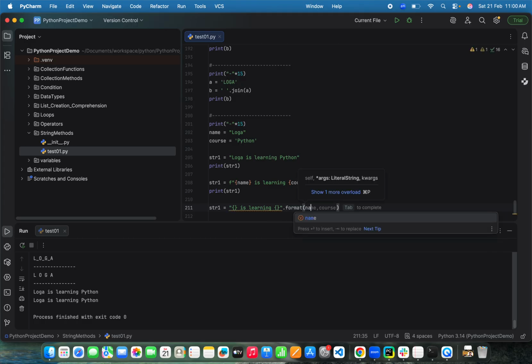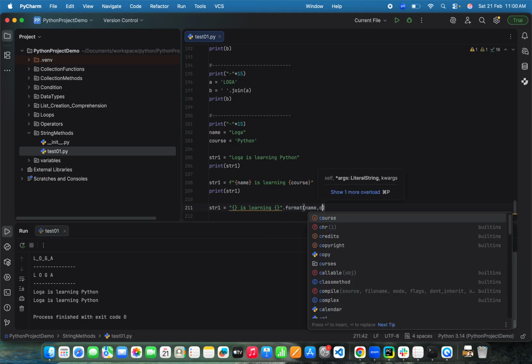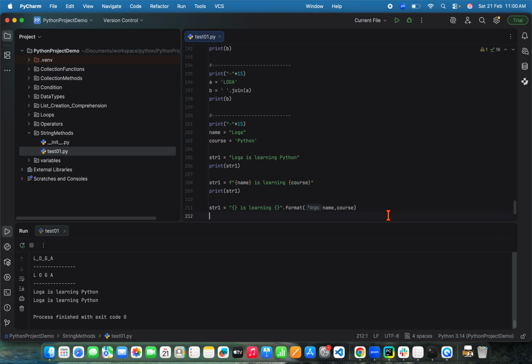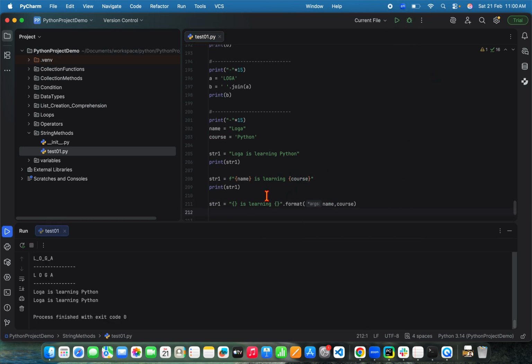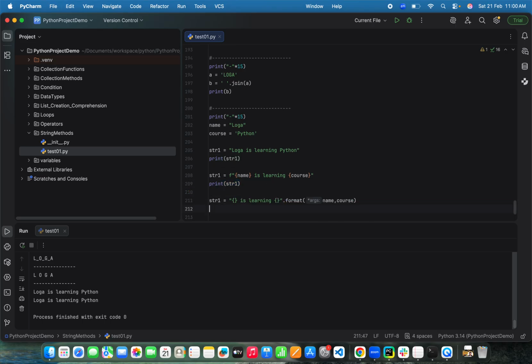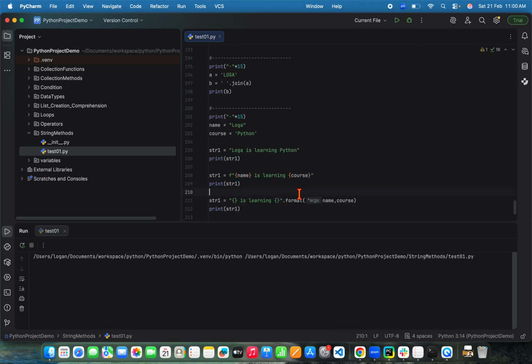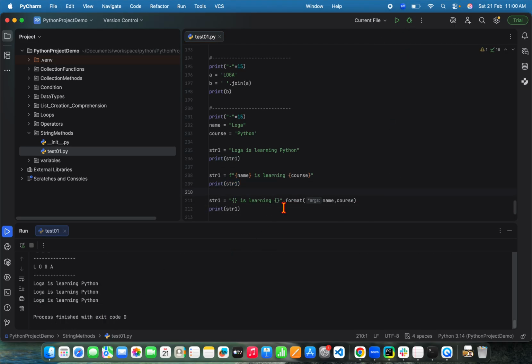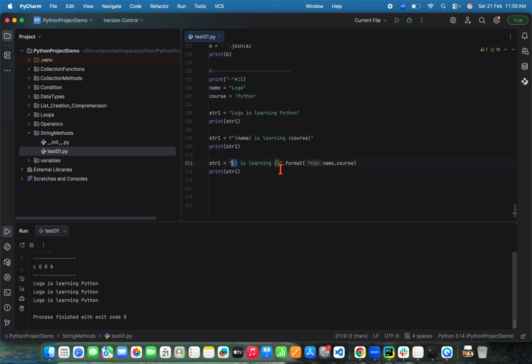I'll pass this name and course, and let me run this. So even this time, these two empty curly braces are replaced by the arguments that I'm sending to